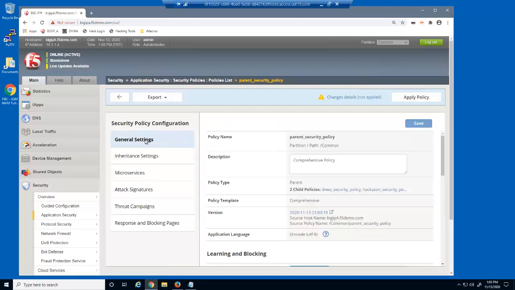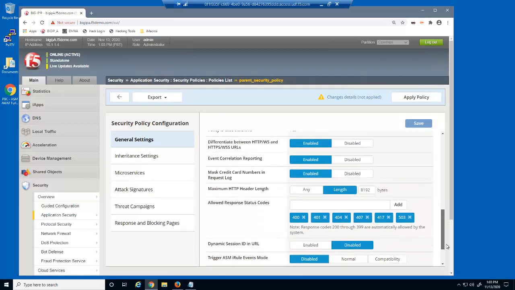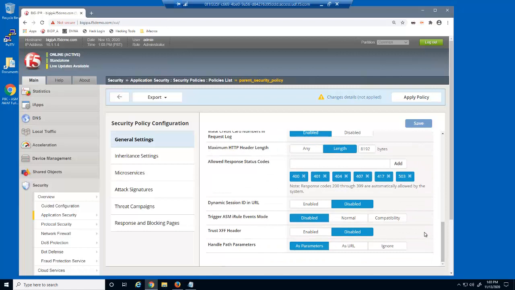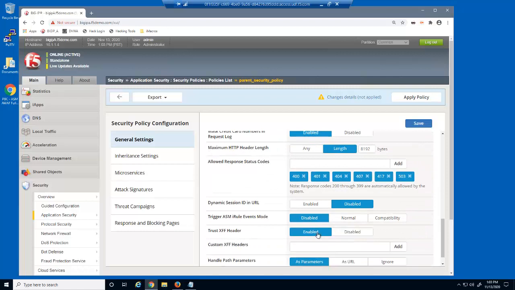On the General Settings page, we'll select to enable the TrustXFF header option. This setting will enable BIG-IP Advanced WAF to use the modified IP address in the iRule as the source IP address. We'll now save the settings,